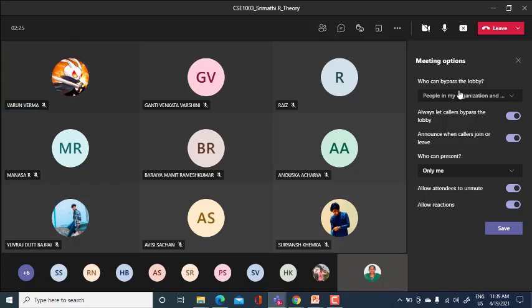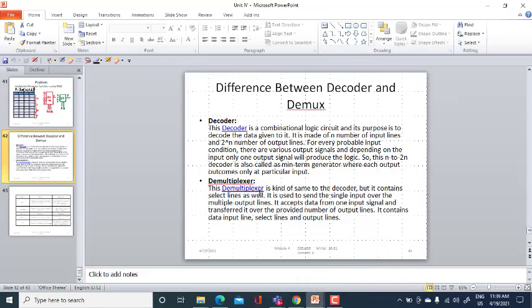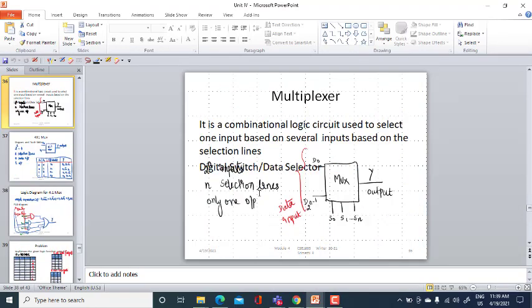Okay. So we are in unit number 4, and we are discussing multiplexer, demultiplexer, decoder, and encoder. We have seen what a multiplexer, demultiplexer, decoder, and encoder are in the last class. I'll just refresh those things in today's class, and then we'll go ahead with the problems. So we have dealt with the multiplexer,